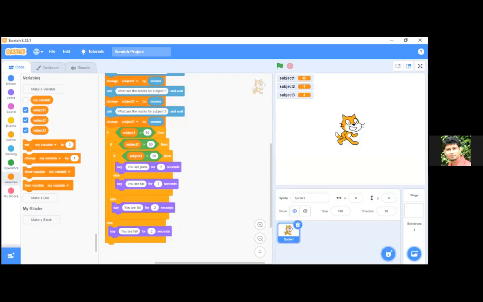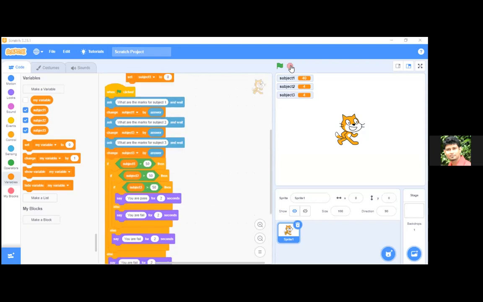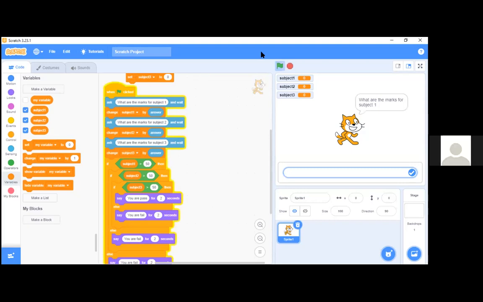Shami, yes, what's the problem? Okay, you have done subject 1. Sir, when I put an incorrect one like 40 to subject 1, then it again asks the marks for subject 2. Yeah, that is the nature. It will ask for all subjects. That's not wrong. It will check the subject marks for all 3. Yes. Okay, sir. Thank you. Okay, you can stop.